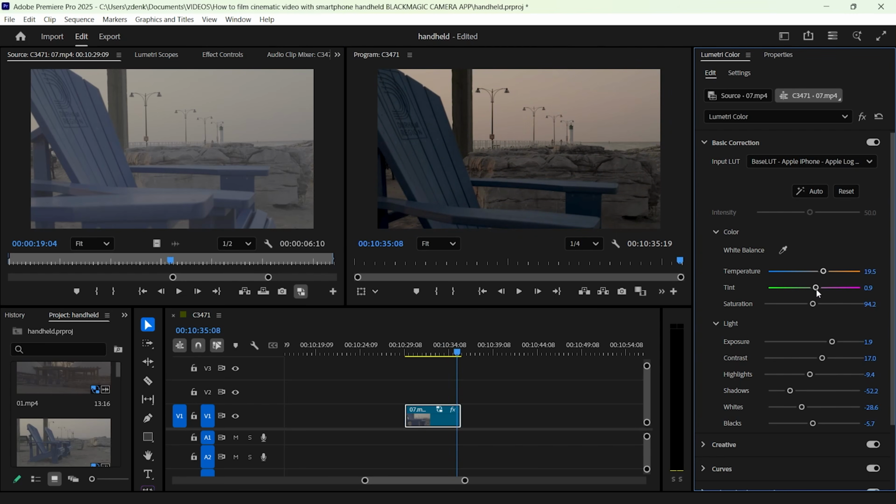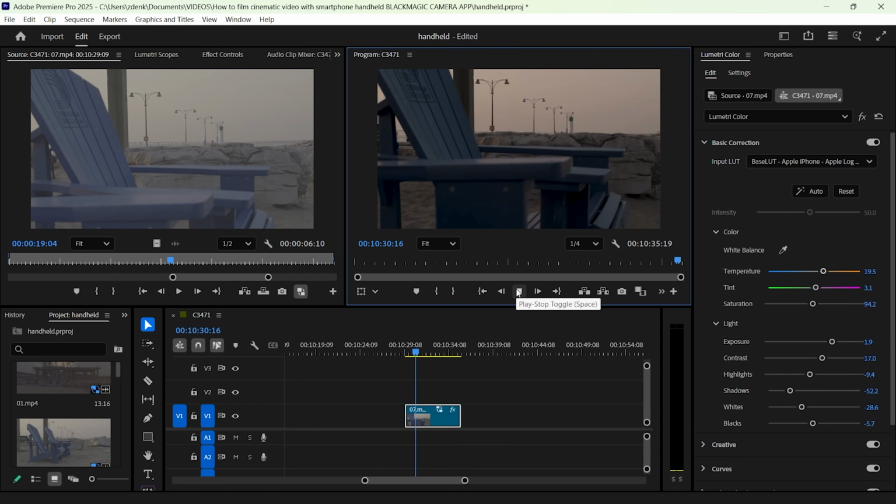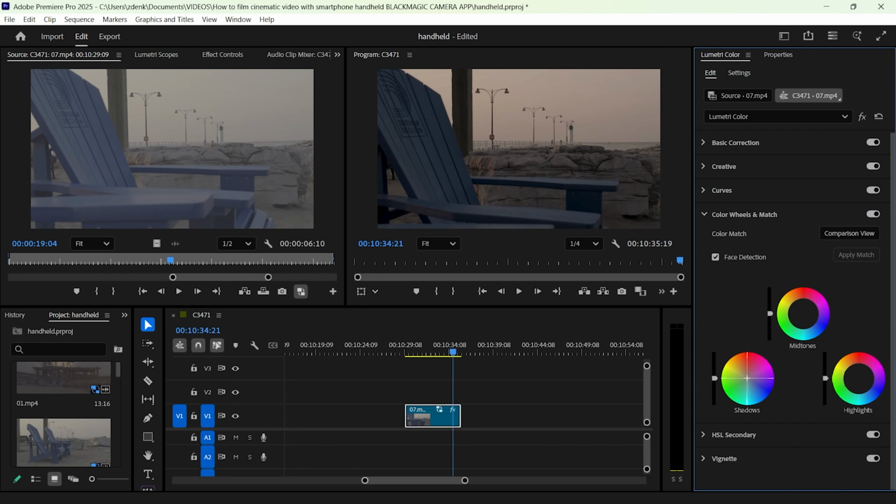Boost the warmth and saturation in the oranges, pinks, and yellows of the sky. Add a slight coolness with blues or teal to the shadows to create color contrast. Just don't overdo it. The very last and the most important part when it comes to video editing,